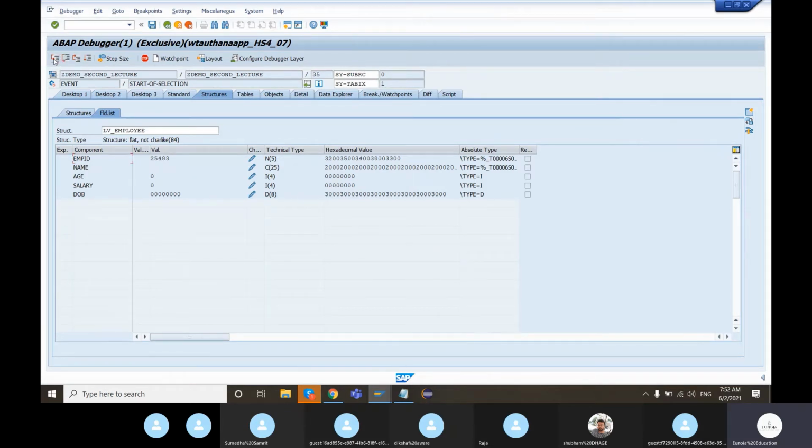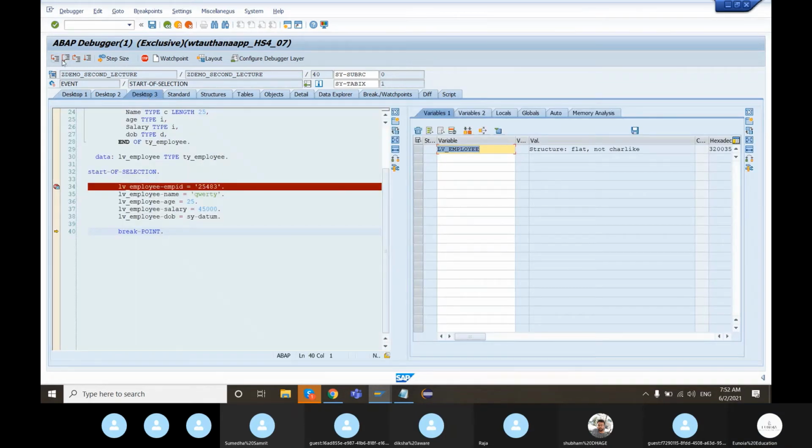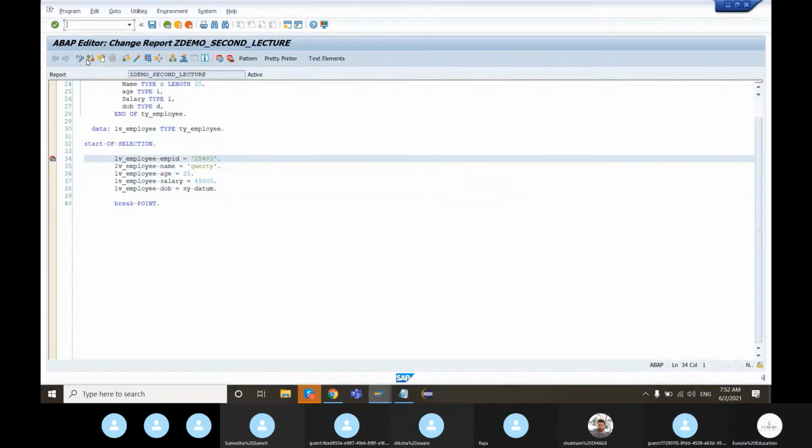Next, F5: employee ID gets filled, name gets filled, age gets filled, salary gets filled, date of birth is today's date. The date is always maintained as YYYYMMDD internally. If I try to print it out, yesterday we saw that it's going to print out DDMMYY. So just execute it.